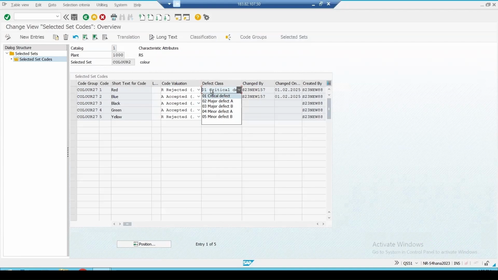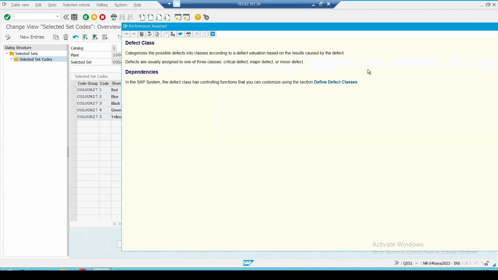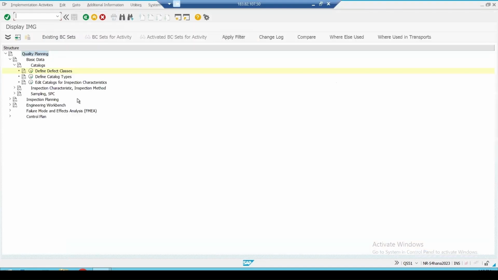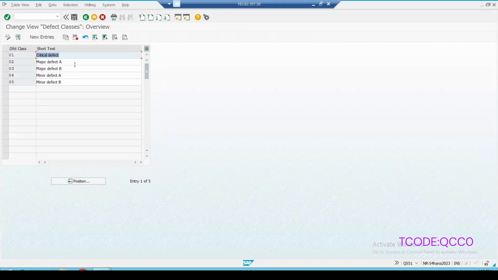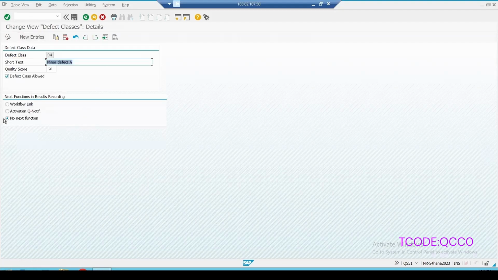If you are selecting this particular defect class and I press the F1 key on this, we define the defect class. If I click on it, it will take you to the defect class configuration, and here we specify what all possible defects are there. If I select, say, the minor one and see the details for this defect, these are the details which are maintained.